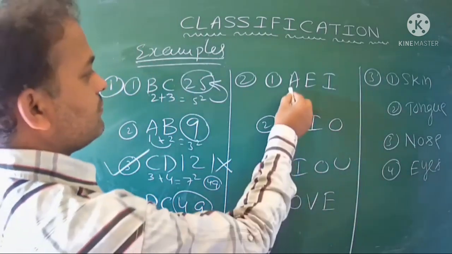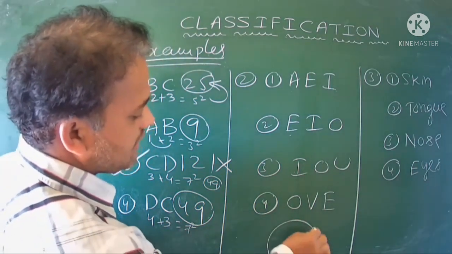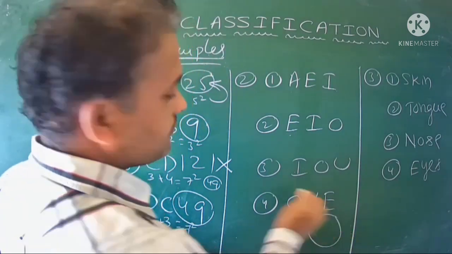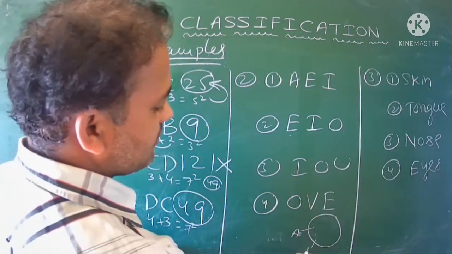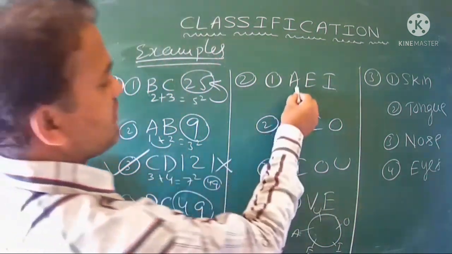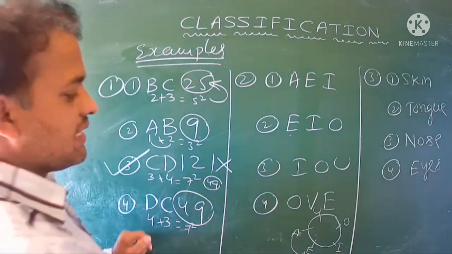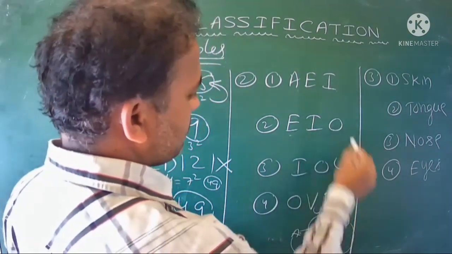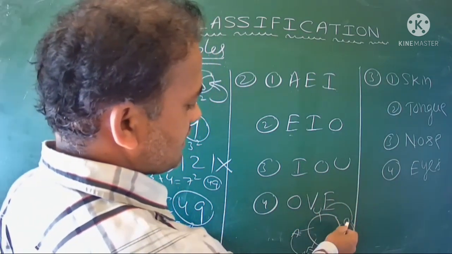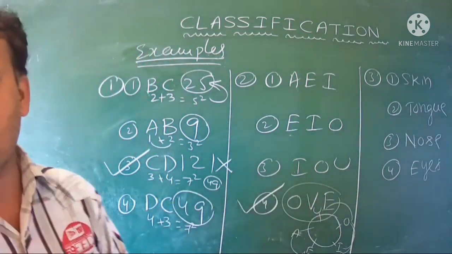And the next: AEI, EIO, IOU, OVE. Suppose you consider one circle. In the particular circle here, A, E, I, O, U. So what is the order? First of all AEI. In the particular order it will be AEI. Next again similarly EIO will be there. Next IOU will be there. Next after IOU is nothing but OUA. I want that, but OVE means this is a different category. That fourth option is the correct one.